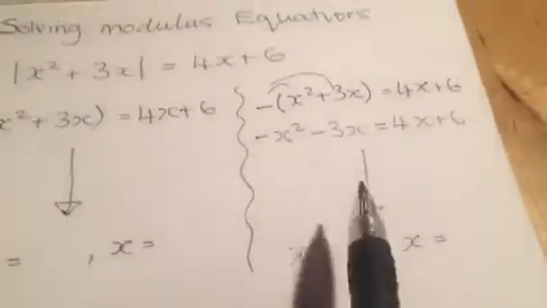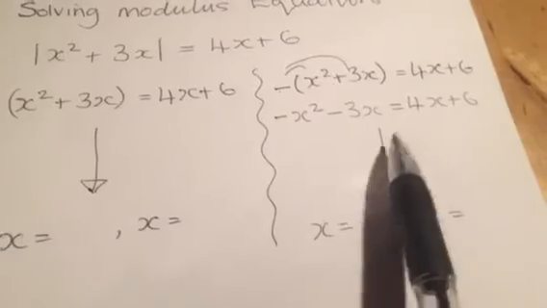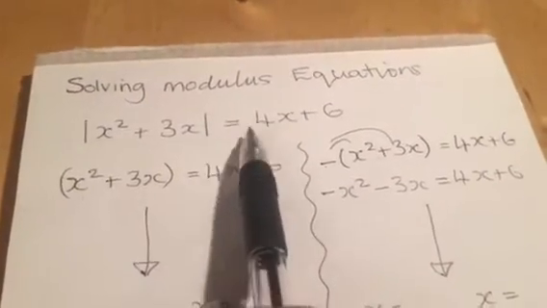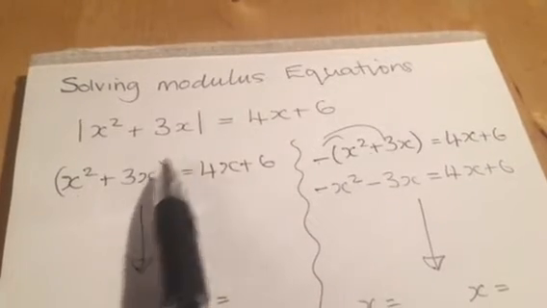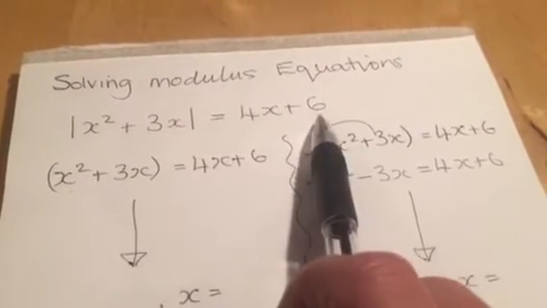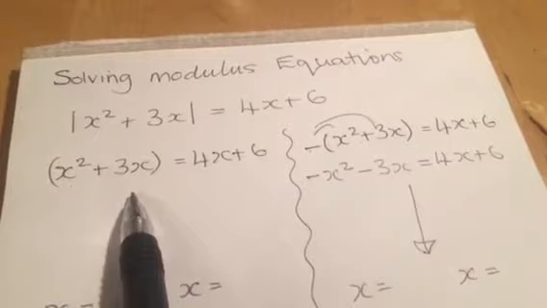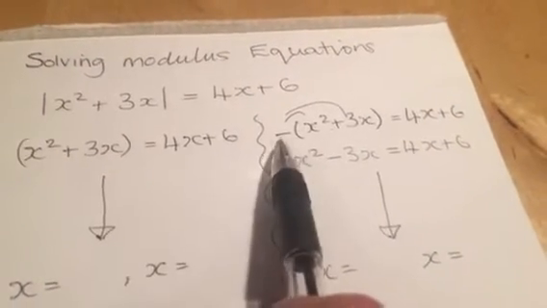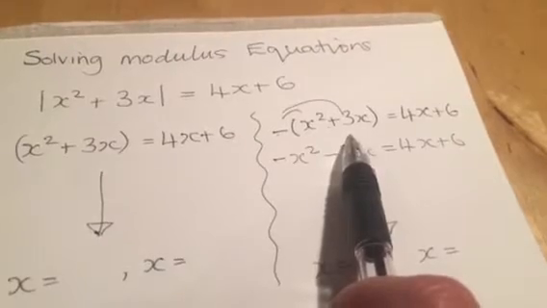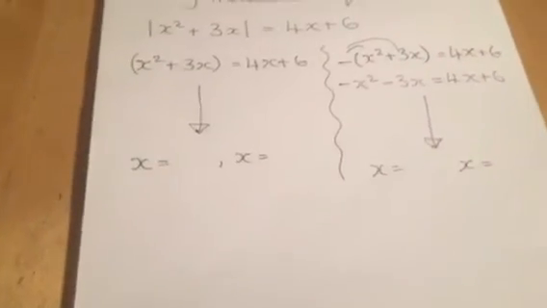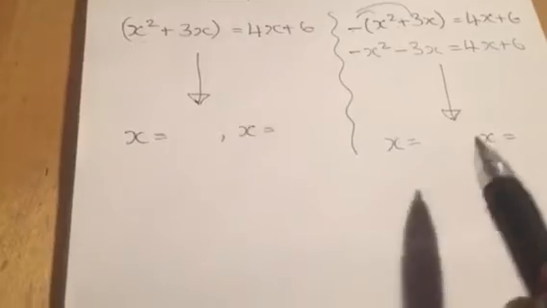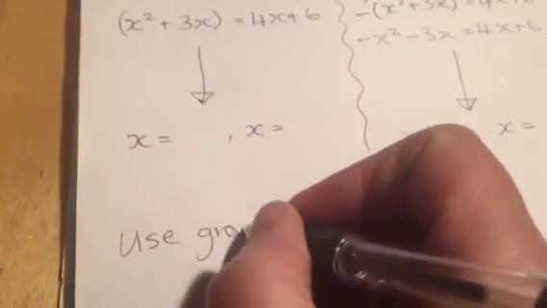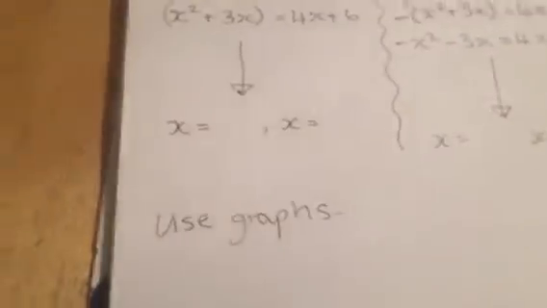x. Now in this case, one of these won't work to solve, but the principle is the same: you get your modulus sign on one side equals everything else, and then you split it into two equations. Take the modulus sign as a positive, and then take the modulus sign as a negative. You then need to use the graphs because there will be different solutions, and you need to check which of